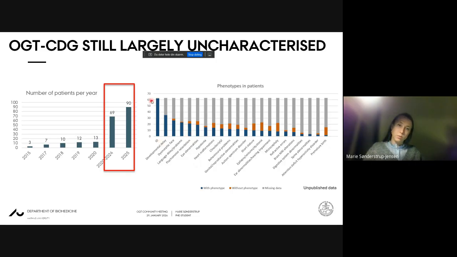And as you can see, we have ID as the most frequent symptom, along with developmental delay and still dysmorphic features. So we're starting to get a better idea, but we still don't have